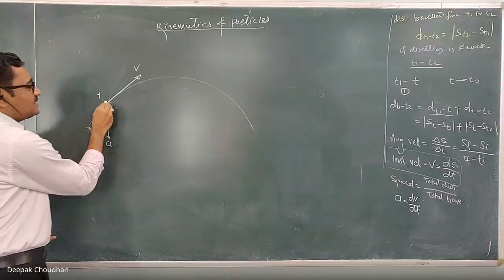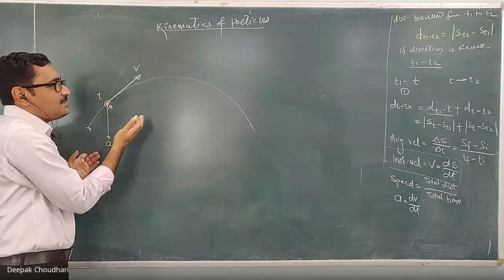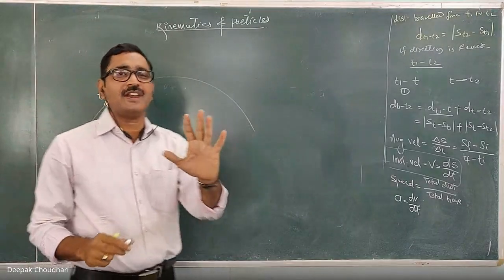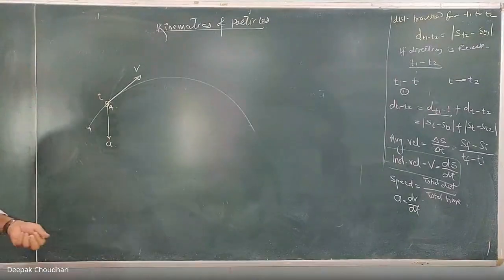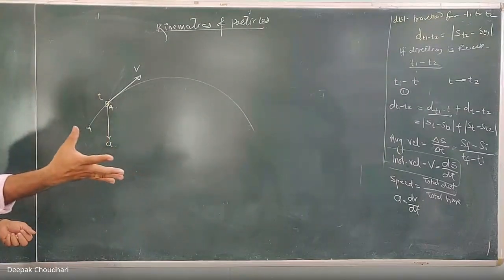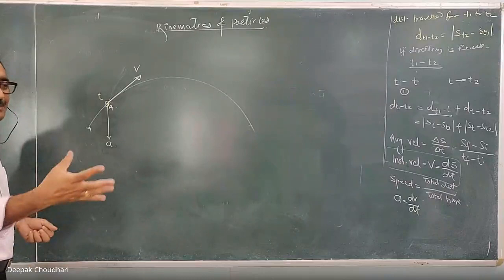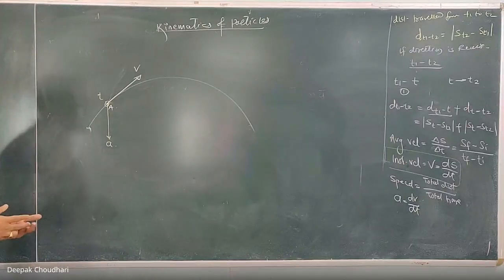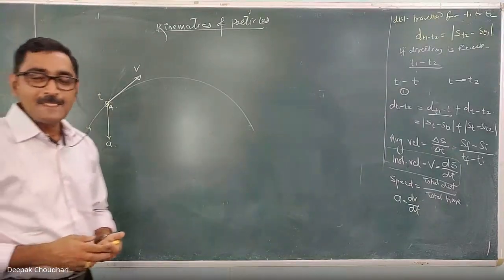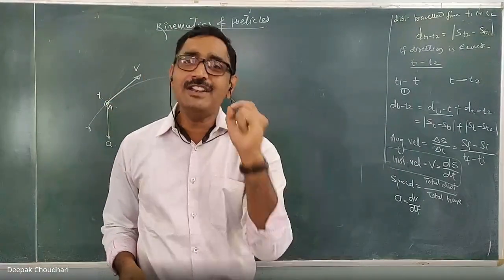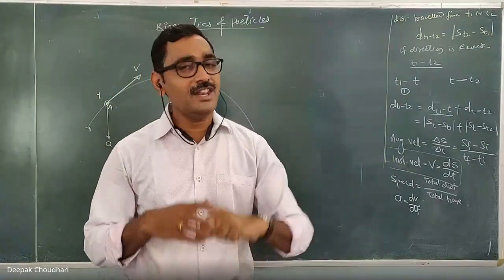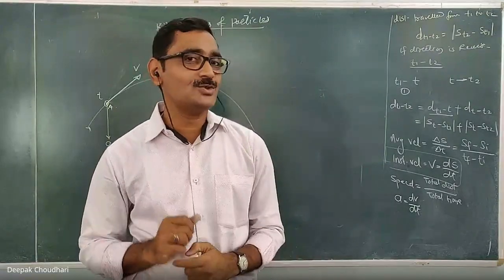Projectile motion is a motion in which the particle is moving only under the action of gravity. Once it is thrown in space with some initial velocity, after that the particle is moving just because of that initial velocity imparted to it. But during that motion, only the gravitational force acts on that particle. We are ignoring the air resistance also in projectile motion.